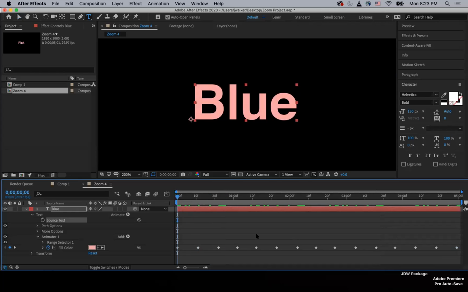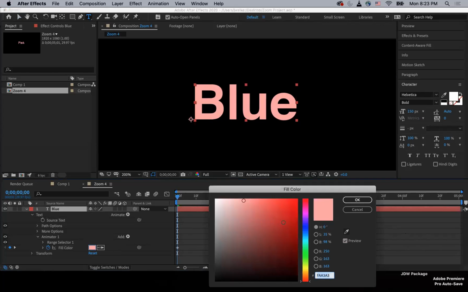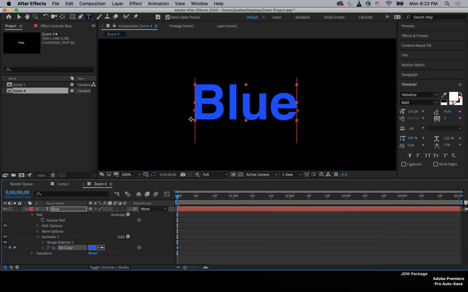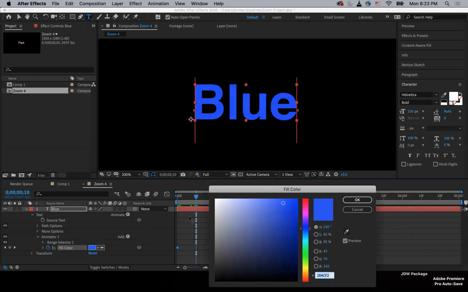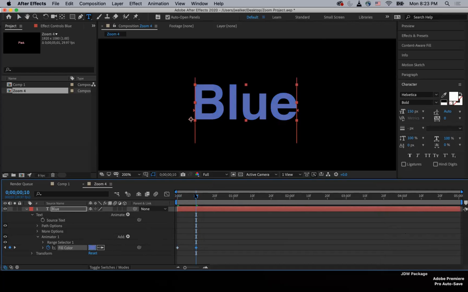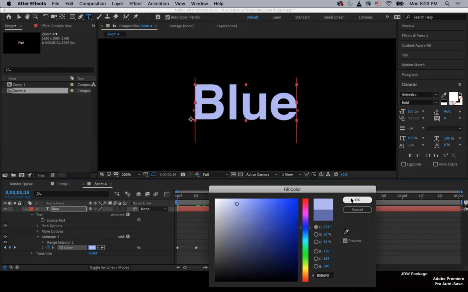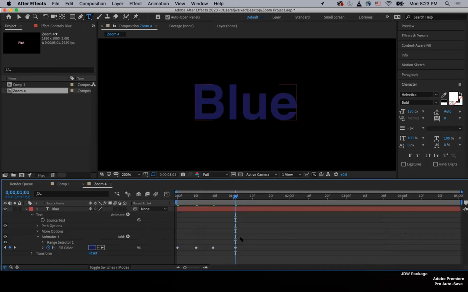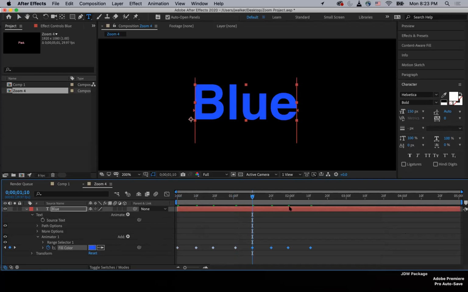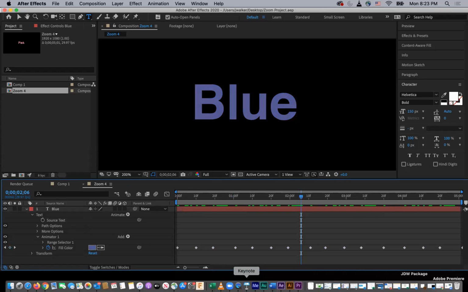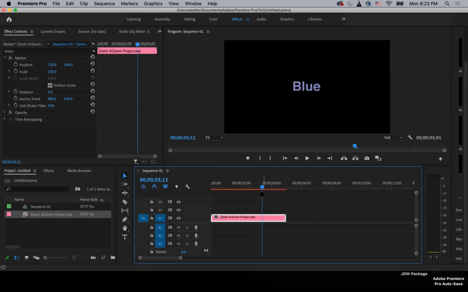Again, I'm moving the zoom bar out of the way because I'm going to go ahead and get rid of these guys. And I'll start over again, and I'll just do a blue. And I'll just play around a little bit with different shades. Okay, I got 4 here. That's good enough. Copy, paste, copy, paste, copy, paste. All right. So all I have to do is save my After Effects file, go back to Premiere, and